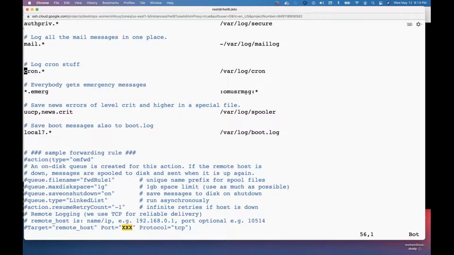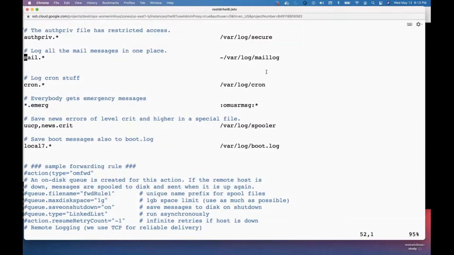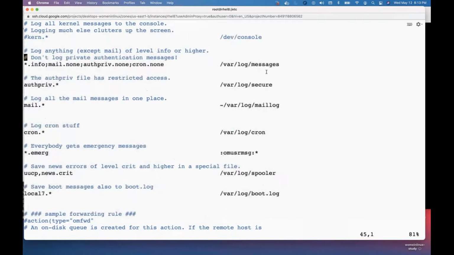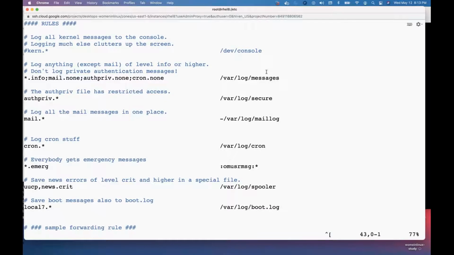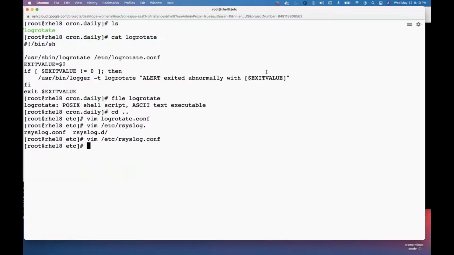Cron, anything related to cron.* is going into /var/log/cron. Anything related to mail is going into the mail log. But guess what happens? These files get rotated. And so if you never paid attention to /var/log,